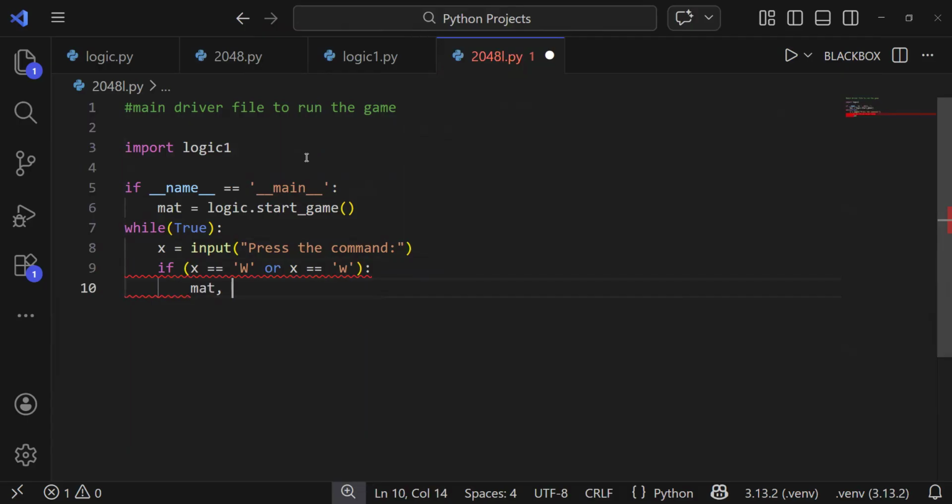So mat flag equals logic dot move up mat